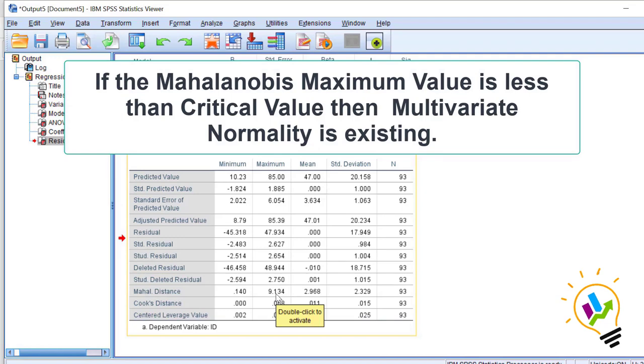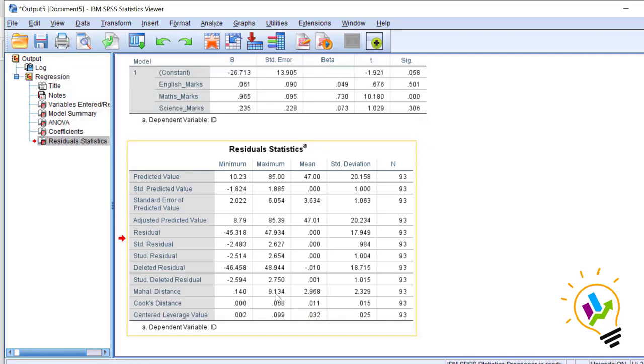If this Mahalanobis distance maximum value is less than the critical value, then multivariate normality exists. In case the Mahalanobis distance maximum value is more than the critical value, then multivariate normality is not there.